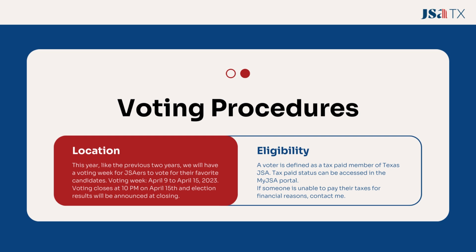But in terms of tax-paid status, we're going to be sending out a list of all chapter members who are and aren't tax-paid to CPs and teacher advisors. So there will be numerous reminders to ensure that all of the members that people want to be tax paid are tax paid. So essentially, we'll have a number of opportunities for chapters to verify voter eligibility before the deadline in early April.